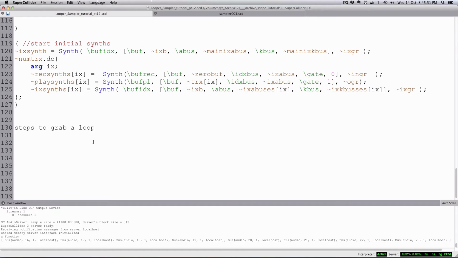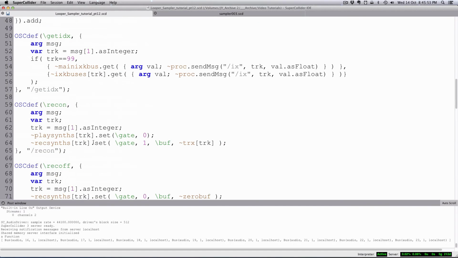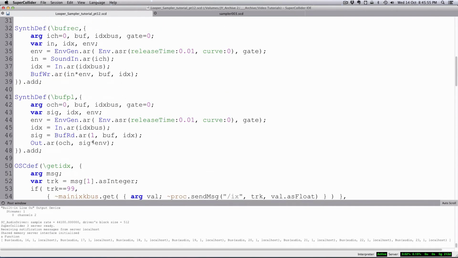Well, let's just review again. I know I did this earlier, but let's review again what happens to the play. We're talking about the play buff, right? So the play buff is controlled by an index that's coming in this index bus. It's just reading a value from a bus, and it's just making that index, that little motor that pushes it along the read head. It's like the play head of a tape recorder. It's kind of inverse, right? The tape moves along the play head, but let's imagine if we stretched a giant,